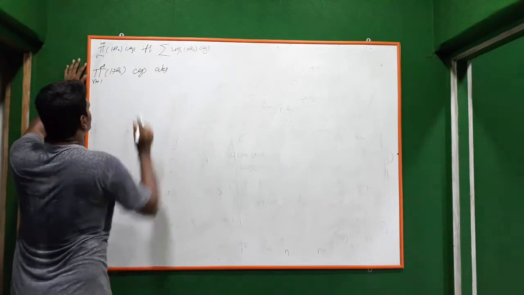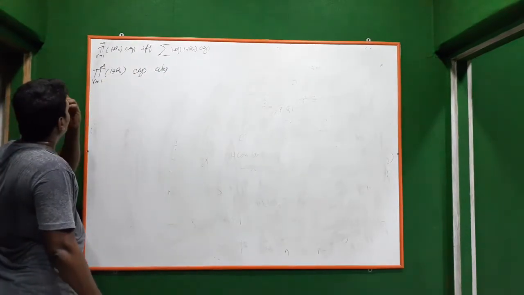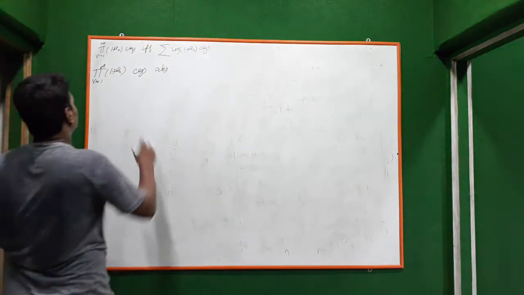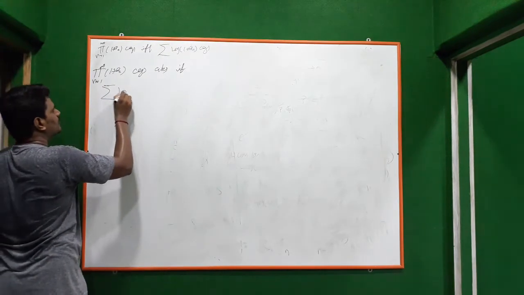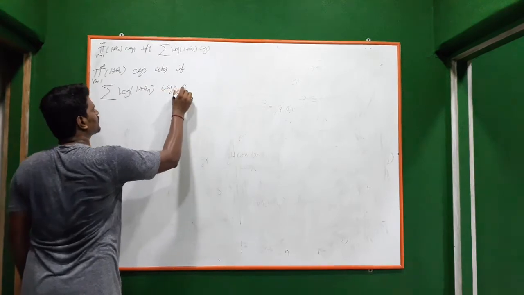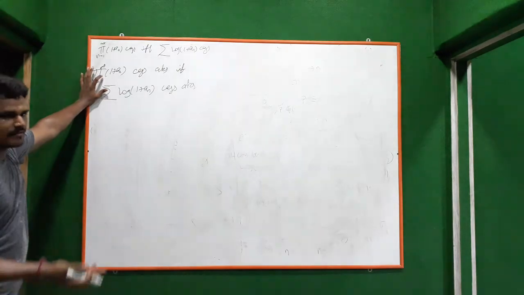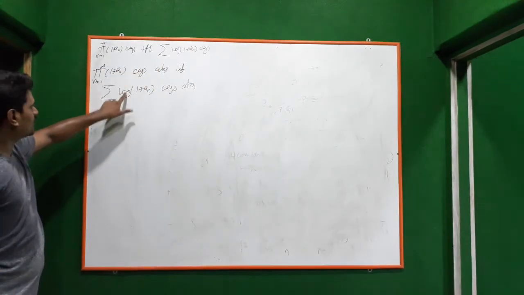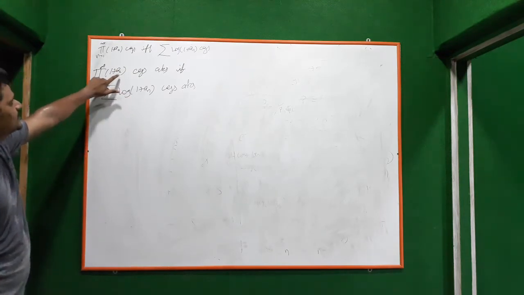Since this is a necessary and sufficient condition for this to converge, I will use that definition here. This converges absolutely if summation log 1 plus an converges absolutely. Okay. Because we don't know the absolute convergence of this, but we know that if this converges, then this will converge. So I will use this to do this. So summation log 1 plus an converges absolutely. If this happens, this will converge absolutely.